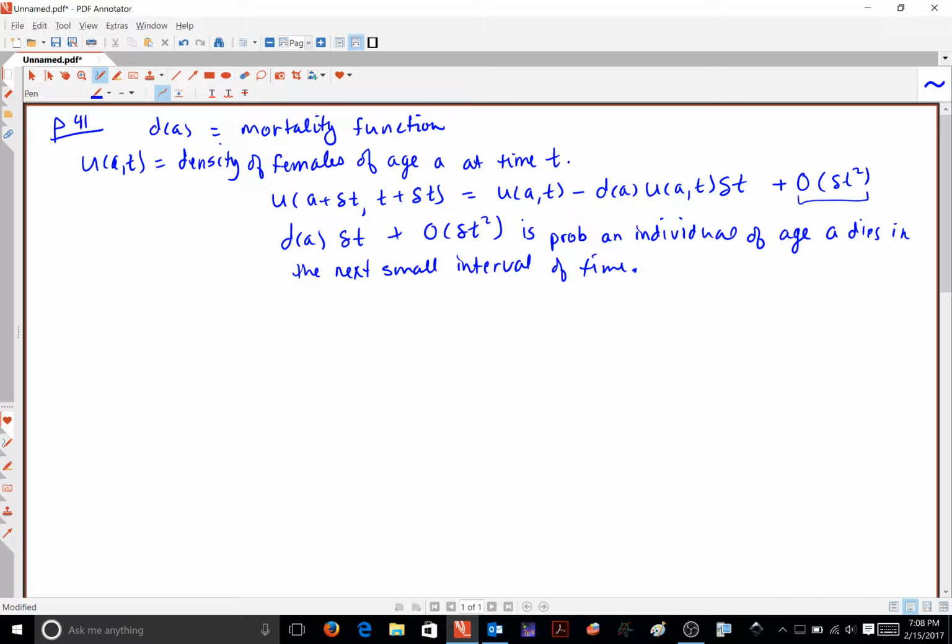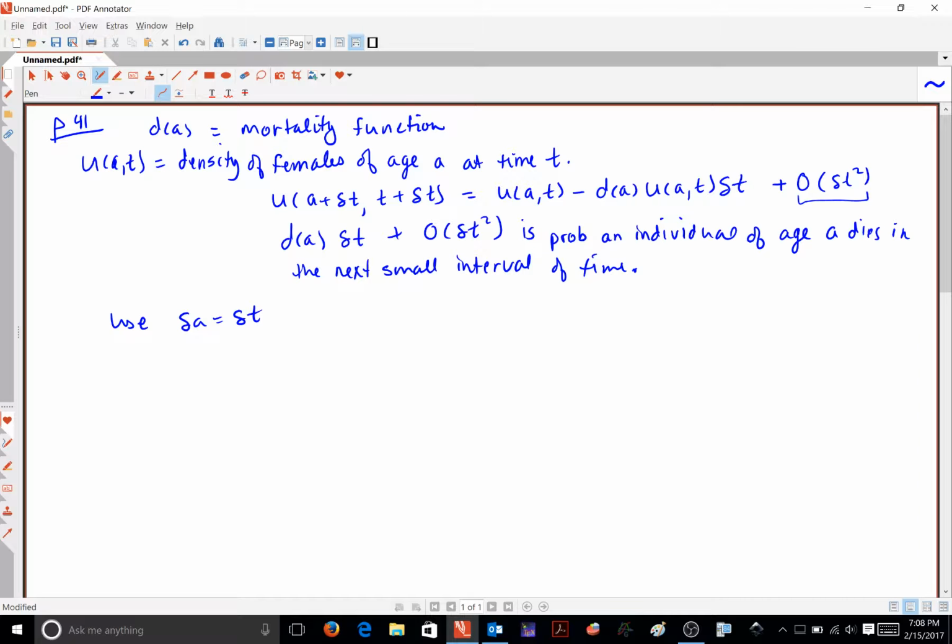So what they're going to do is say, using delta a equals delta t, we're going to expand using, they use a Taylor series, they say,